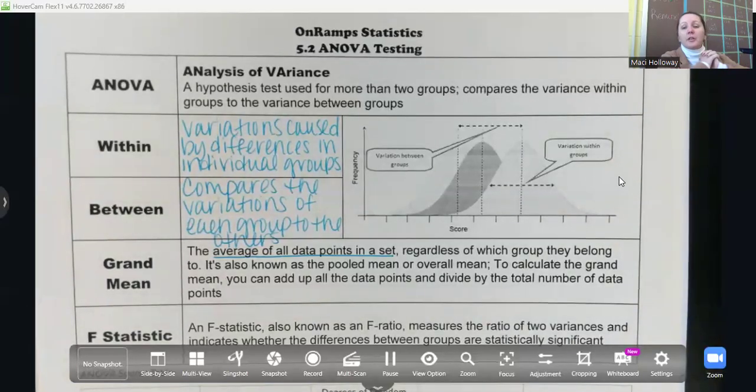All right, welcome to 5.2. We're going to be talking about ANOVA testing. And ANOVA is short for analysis of variance. So it's still hypothesis testing. However,